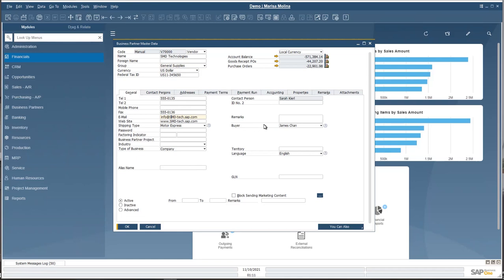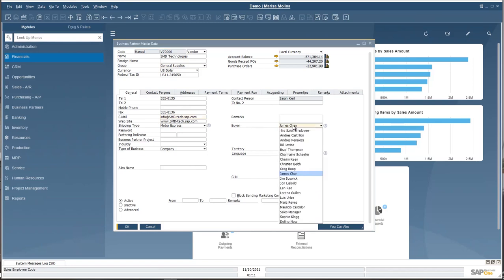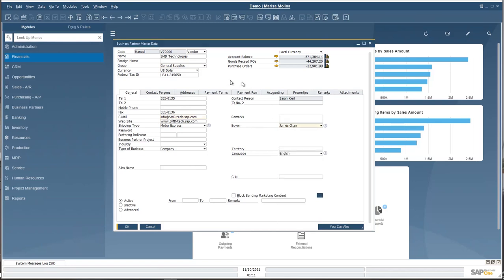Maybe we wouldn't like anyone to change the buyer. If we are talking about a customer, in that case, that would be don't change the sales rep, right? So maybe what we could do is just create the business partner, but that person wouldn't have access to the payment terms, to the payment run, to the accounting tab,